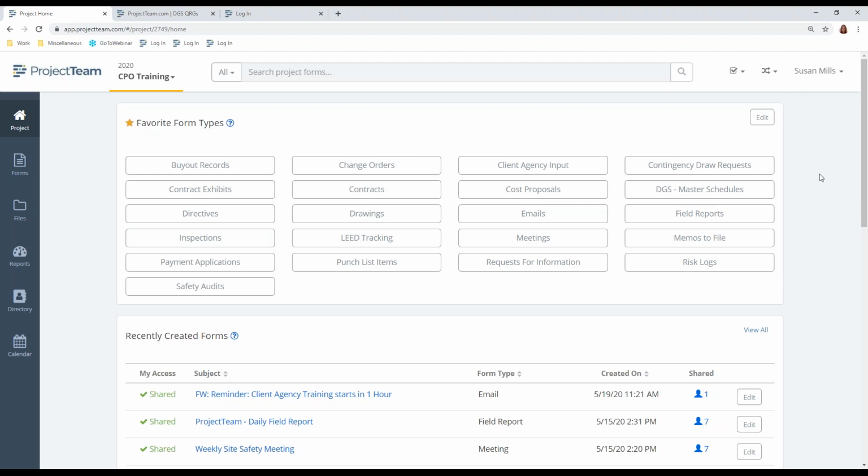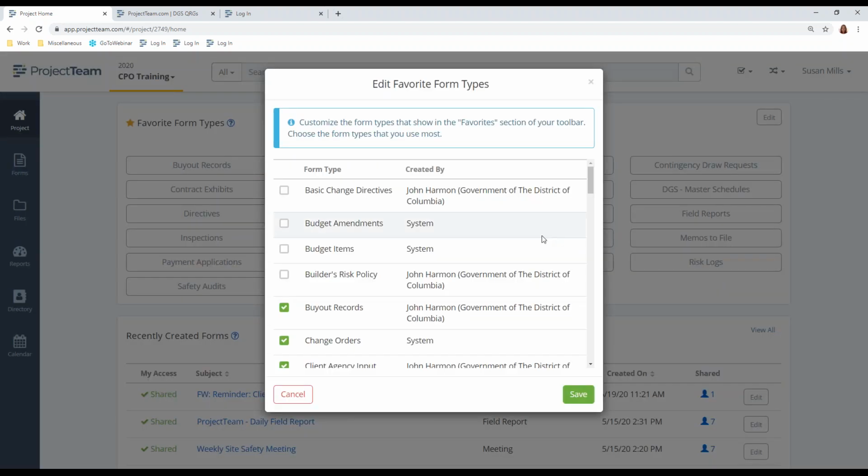Favorite form types are really important because they're quick links to the documents that you use all the time. These are project specific. The reason why we did this is everybody comes in at different phases in the project. So if you're coming in on a brand new project and working on contracts and change orders and everything at the very beginning, then you might want all your financial information here. If you're working on document control, you might want to have all your document control and field forms here. To set this up, you click Edit, and you just check the box beside the documents that you want to show up in your favorite form types. And these forms will appear